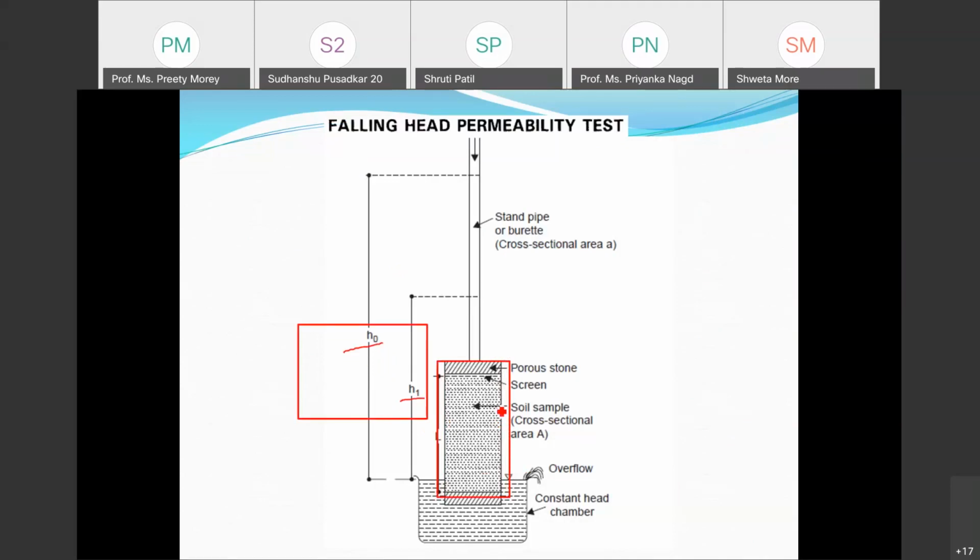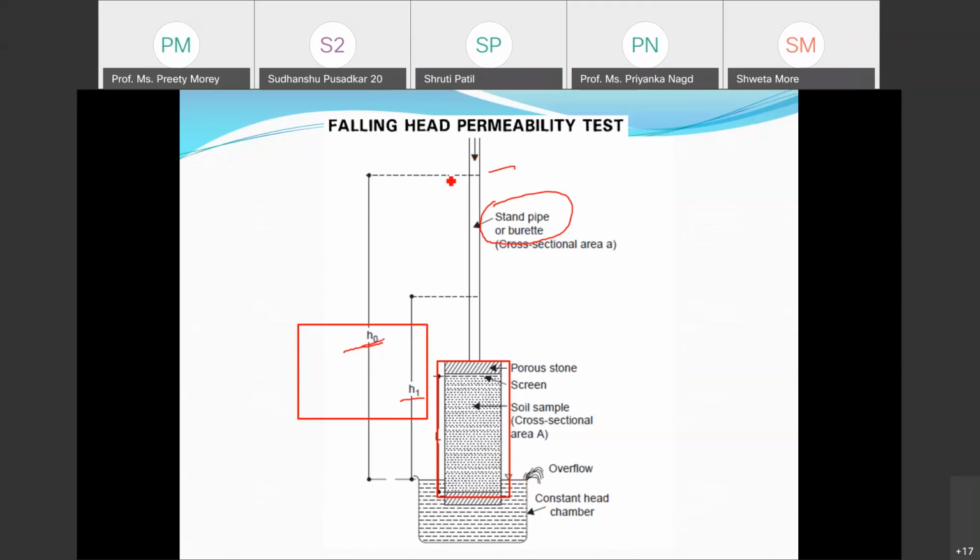The soil sample which is placed here is saturated. After saturation, we allow the water to flow through this tube. This is called a standpipe or the burette. Burette, everyone knows the burette. Okay, so we are filling this burette with the water, and before I start the flow, or open the cock at the bottom of the soil sample, I will measure this head. Okay, this head is say H0, and then I open the cock and allow the water to flow through the soil. After a certain period of time,